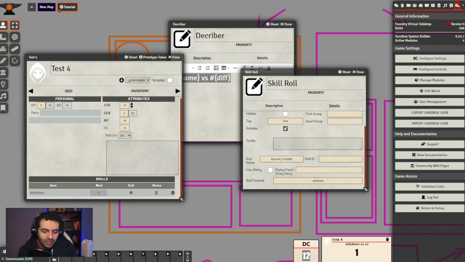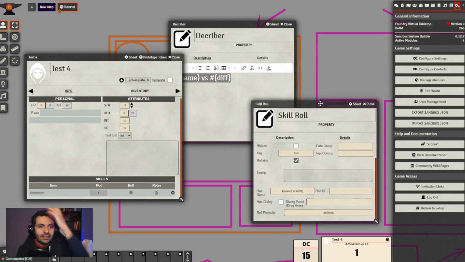So if I change this one to 15, you see athleticism versus 15. That's very useful, and you can use it inside the role formulas and inside of any role expression field.